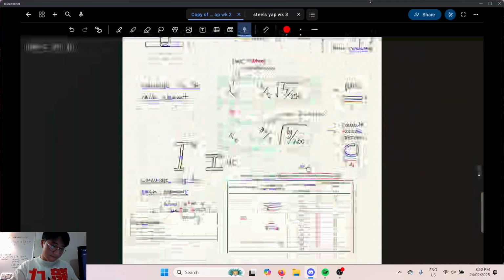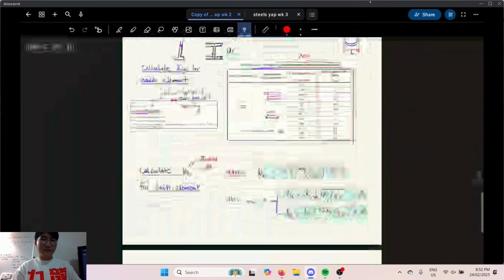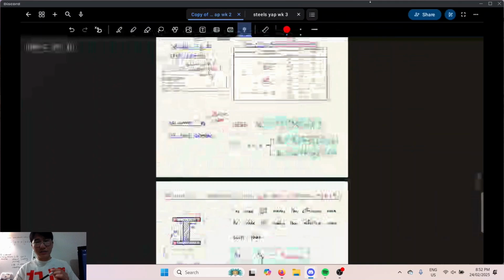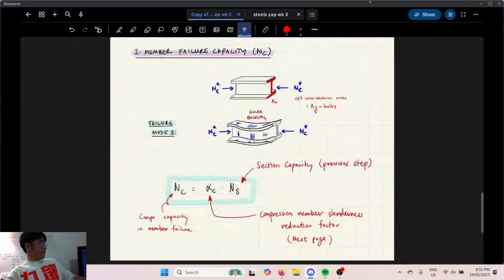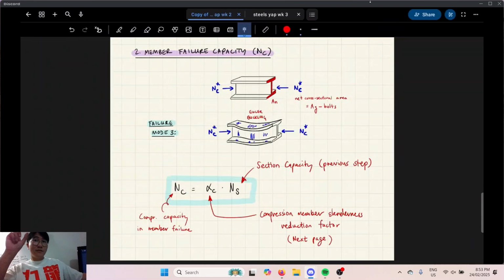the next type, member failure capacity. Once this loads. Alright. The member capacity Nc is a function of Ns. So if Ns was already reduced because of your ineffective area, it's going to have a flow-on effect. Do you know what I mean? Yeah, it's going to have a flow-on effect to your